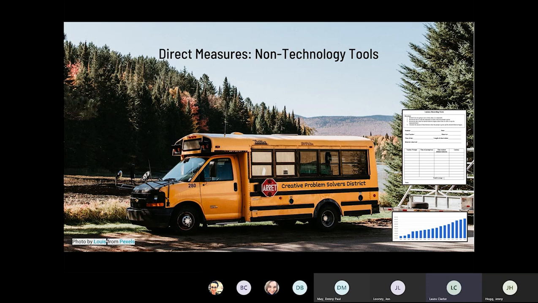Direct measures may also be collected without technology. In the case of non-technology direct measures, we may have to rely on other adults to collect the data as we will not be able to directly observe the student performing the targeted skills. If your school district is hosting any kind of pickup or drop-off service for families for academic materials, meals, or supplies from the Family Resource Center,